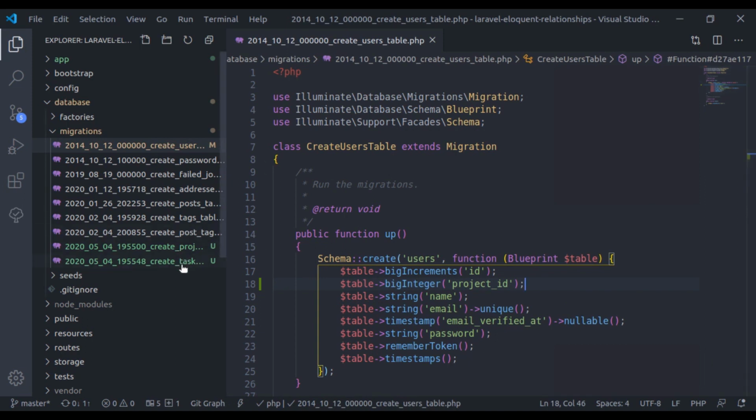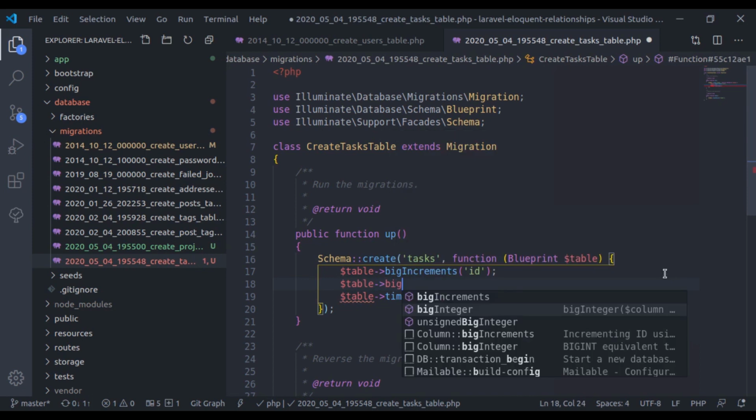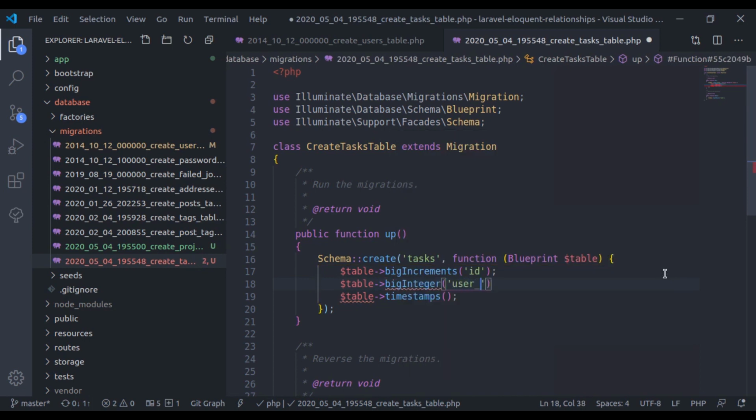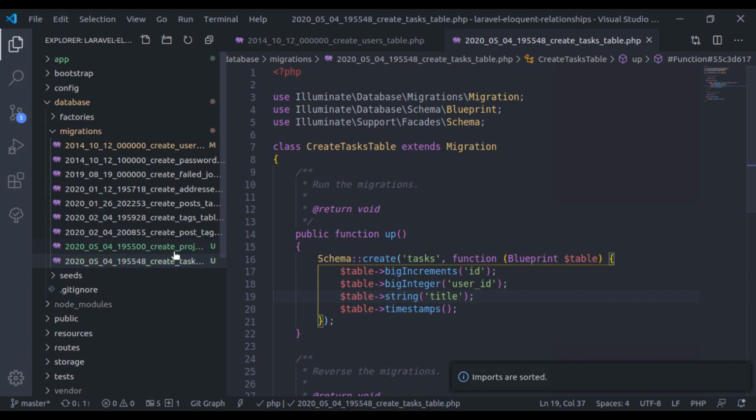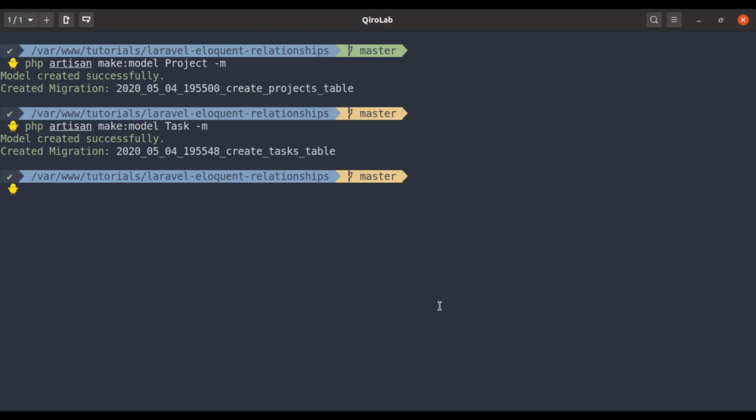Next in the task migration, here I'll add $table->bigInteger user_id, and I will also add $table->string task title. And in the project migration, here I'll simply add a string project title. We will run the migration: php artisan migrate:fresh.